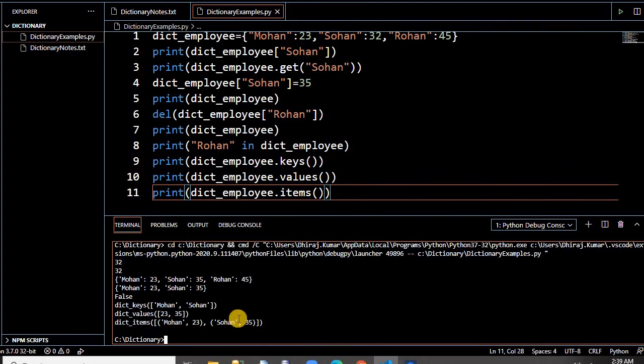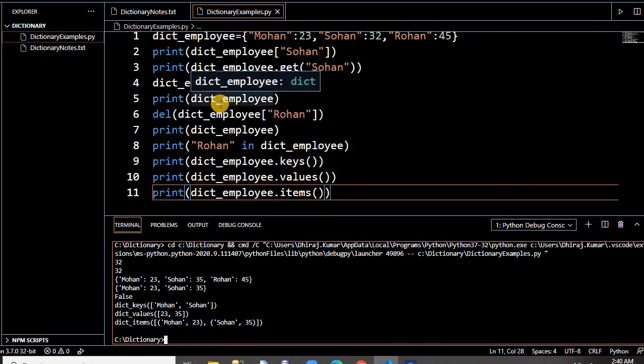Okay, so simple. There are many more methods. The pop method is for removing one value from the dictionary. Popitem removes the last inserted key value pair. We have fromkeys. We have copy. So these are the available methods. If you do some hands-on, it will give you a clear answer.